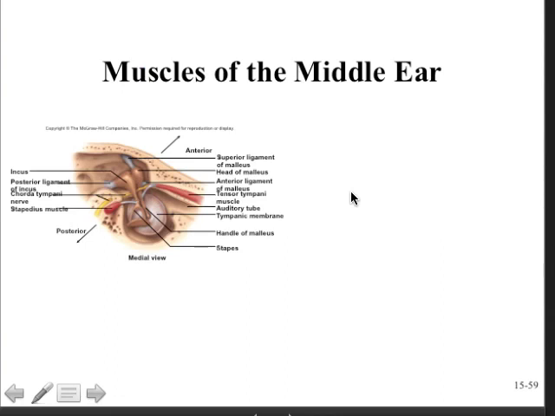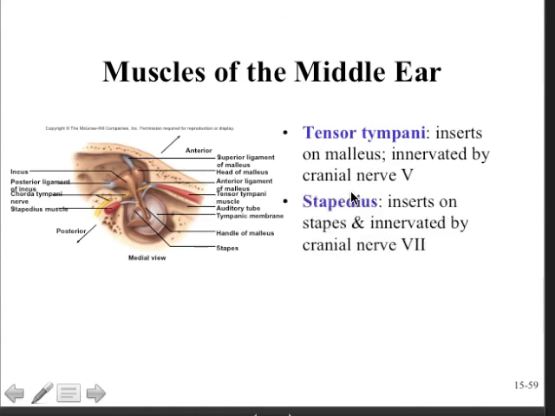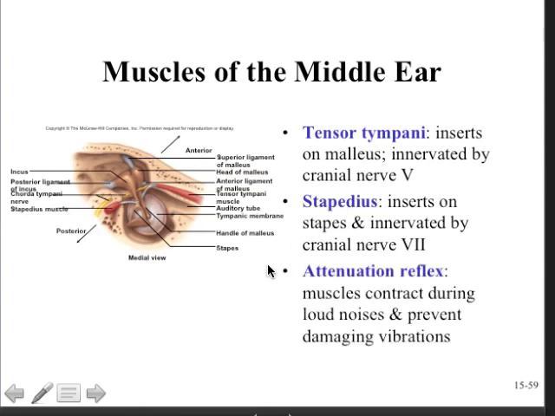Okay, there are several muscles in the middle ear that help to stabilize the ossicles and also to some extent the drum. The tensor tympani muscle inserts on the malleus and is innervated by the fifth cranial nerve. The stapedius inserts on the stapes and is innervated by the seventh cranial nerve. And they're